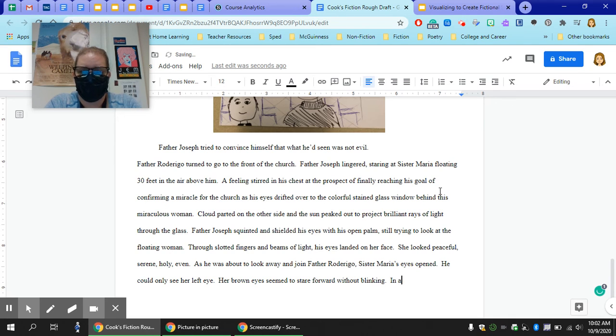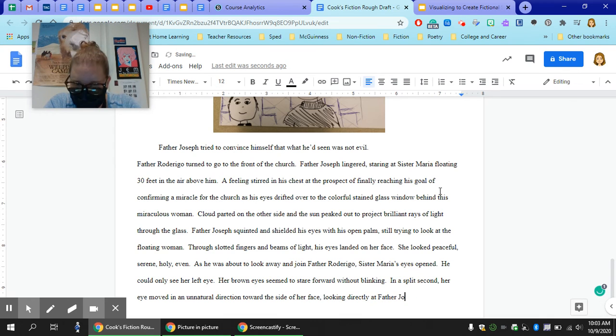In a split second, her eye moved in an unnatural direction toward the back, to the side of her face, looking directly at Father Rodrigo, or no, Father Joseph. And shown